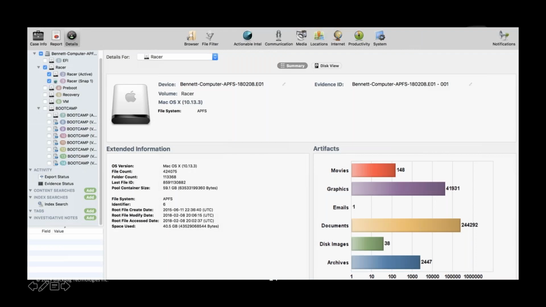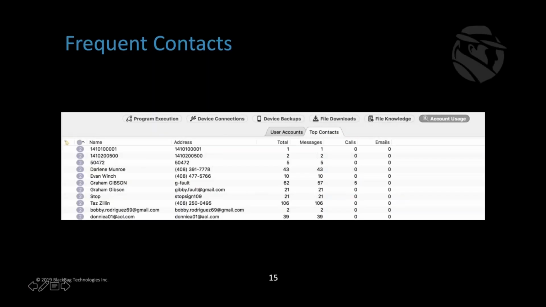There's a couple ways that we can do that. We can look at the actual information about the device to give them an overview of, hey, this is about how much data is listed for this particular device. We can also give them information, again pulling out that actionable intel. Here's the top contacts this person has been working with. If you're talking to Josh, you might also want to talk to Arlene or Evan because they do a lot of messages, or Graham Gibson seems like he messages him, calls him, emails him. Those kinds of statistics really help you focus on which relationships you should be looking at first.